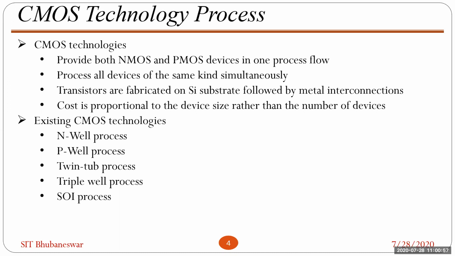This is good for substrate contact and for isolation purposes. The triple-well process also exists: P substrate, then N-well, then P-well. This is another type of process, very rarely used, but it is used in RF processes. Generally, this type of process is used for RF design, LNA or mixer, where the noise requirement is very low. Isolation is required, so in those cases we use the triple-well process.